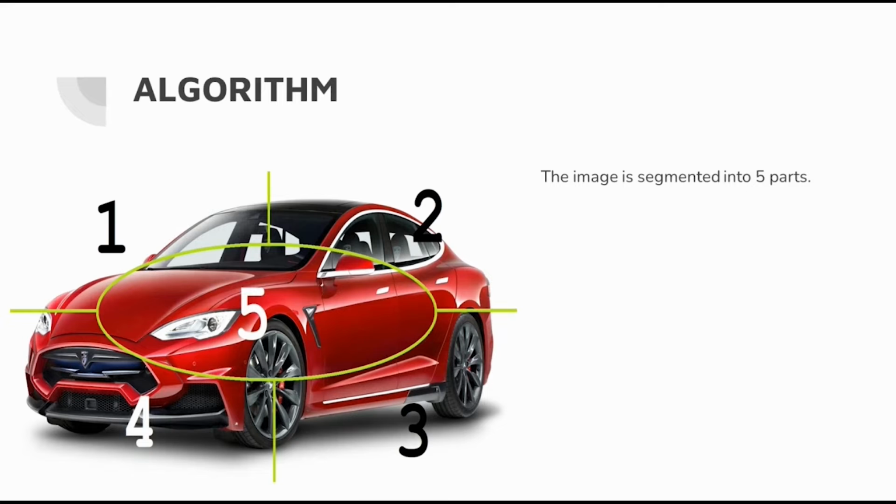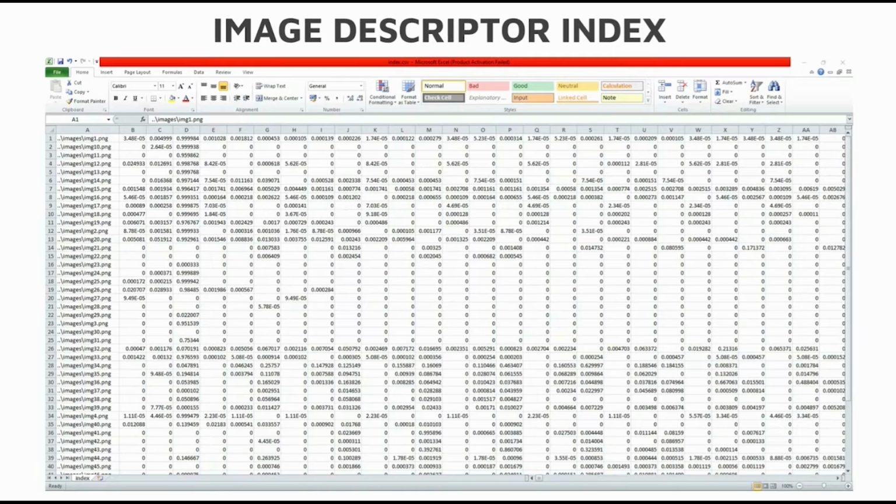Same thing we are doing for the images in our data set. And finally, we are using chi-square distance as our metric to find out the similar images. So this is basically our working procedure to get the relevant images.